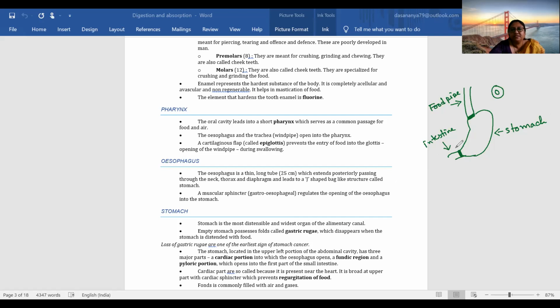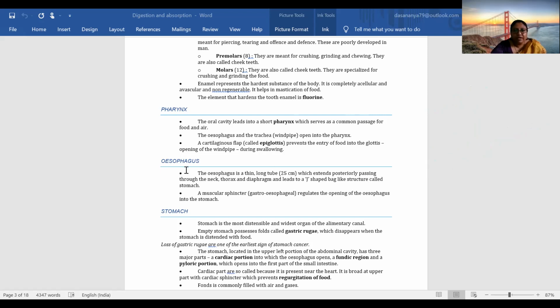When food is inside the stomach, there should be a proper channel. The stomach food which is already digested should not get back to the food pipe. Similarly, the completely digested food should not go to the food pipe, it should go to the intestine. The digested food of the intestine should not get back to the stomach, so that there can be a proper flow of food and there should not be wastage of time in digestion. To look into that, the stomach has sphincter muscle at both the beginning and the end.